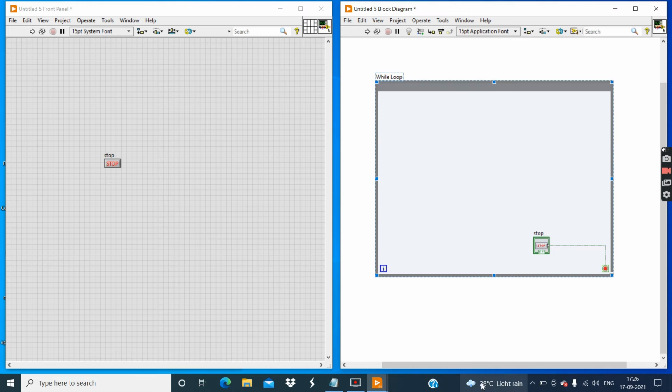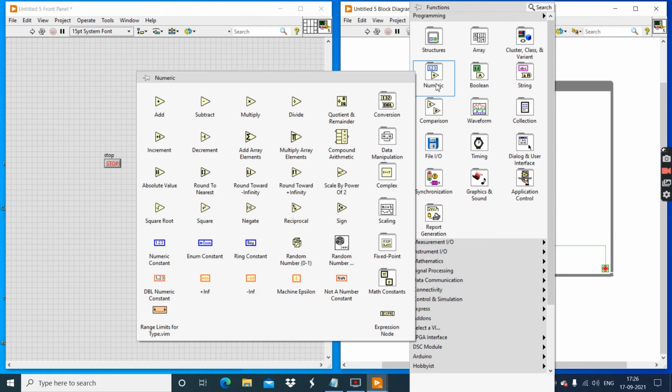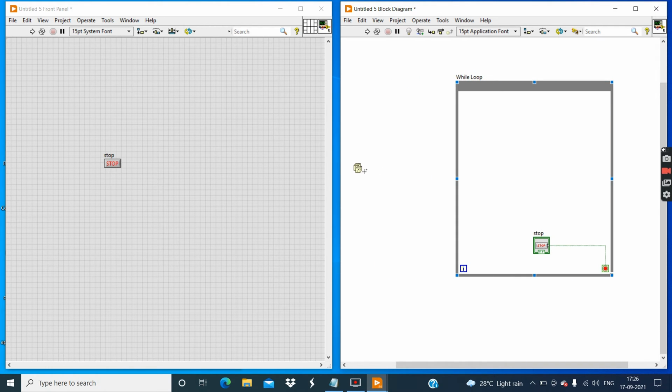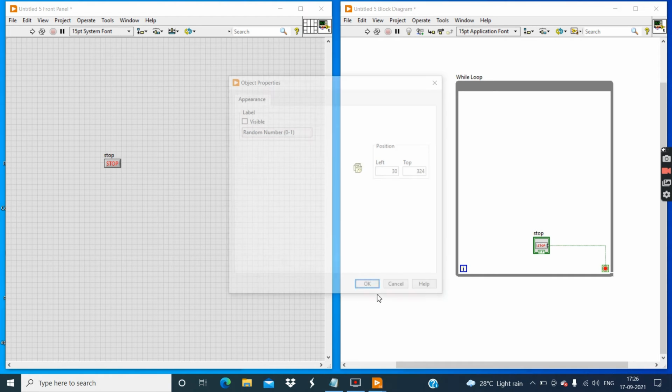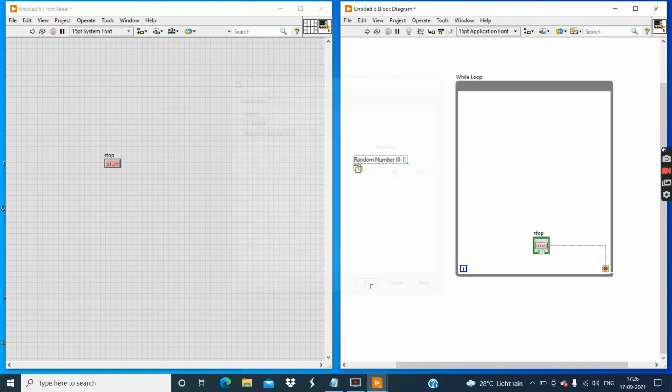Right click in this block diagram window, go to the numeric functions and click on random number. Pick up this random number and keep it here. Then change the size of this while loop, right click on this random number, go to properties, click on visible and then click OK.